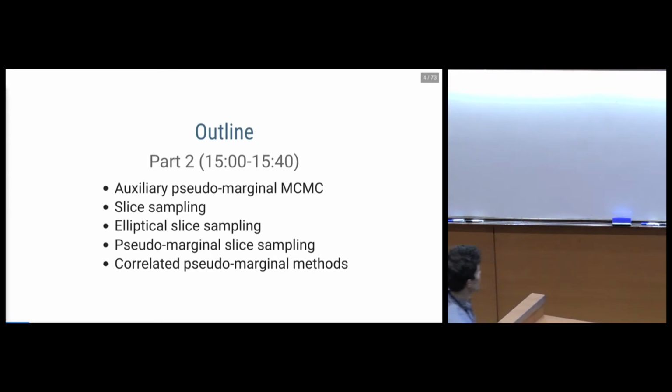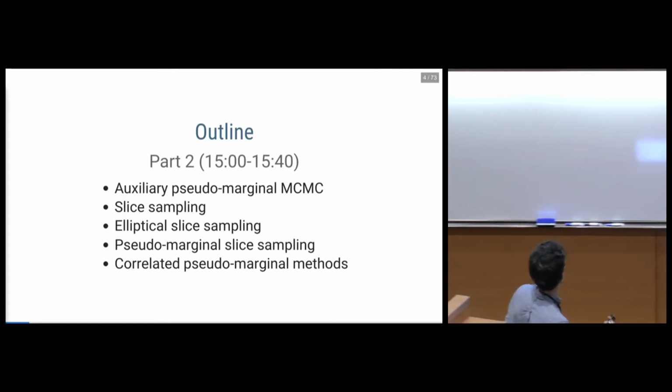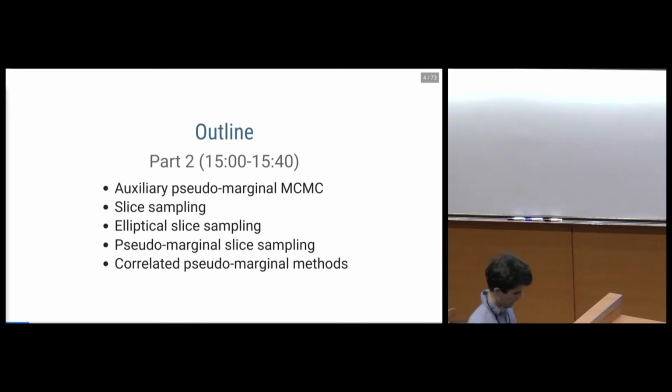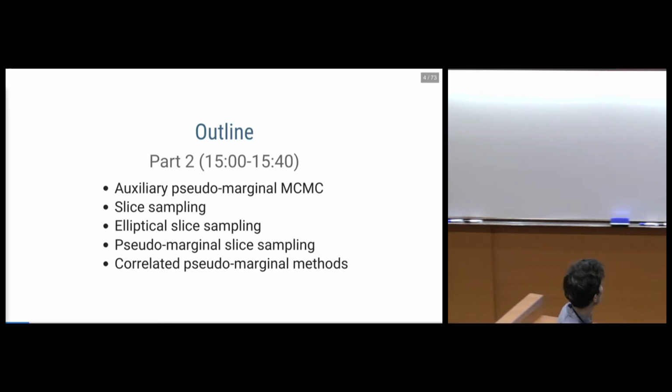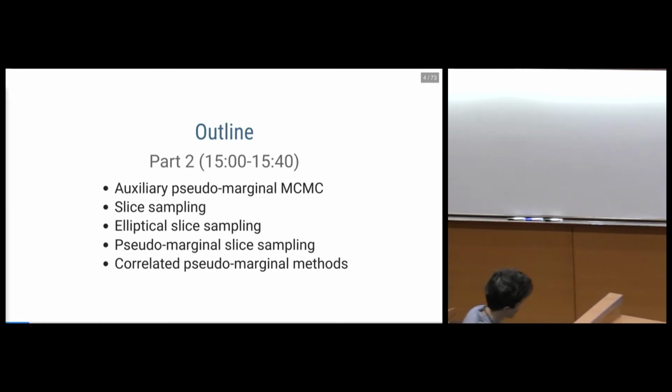And then I will go on to make some links to some very closely related work that concurrently came out at the same time on arXiv, and that Michael Pitt presented on in the opening workshop, a related method which is very closely linked to these ideas of auxiliary pseudo-marginal MCMC.